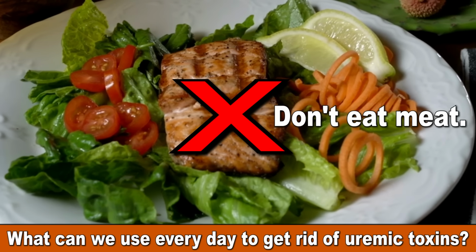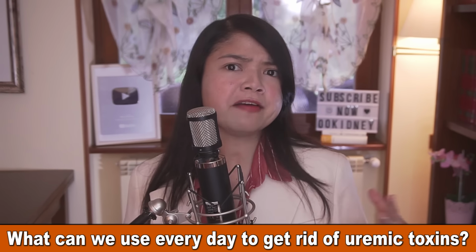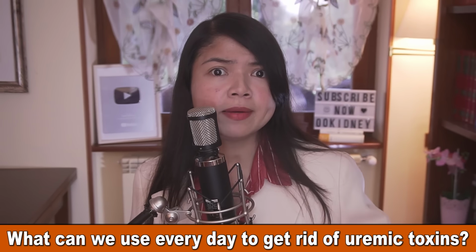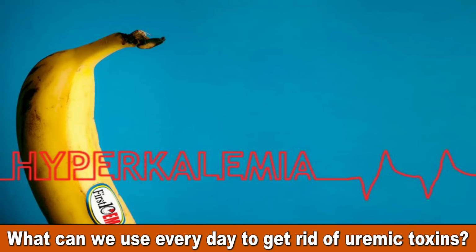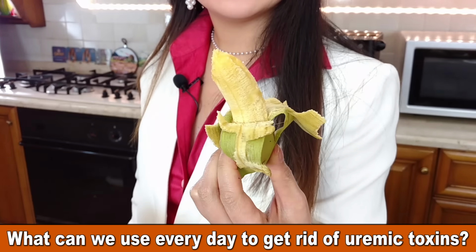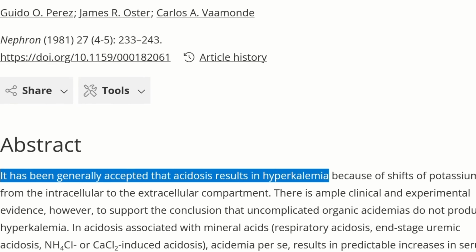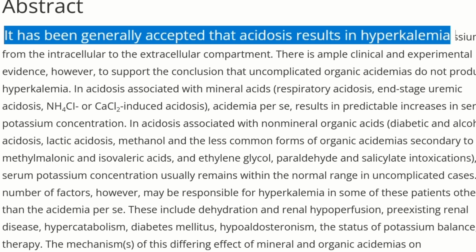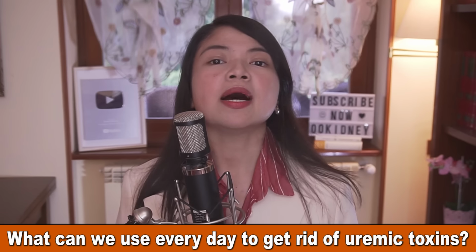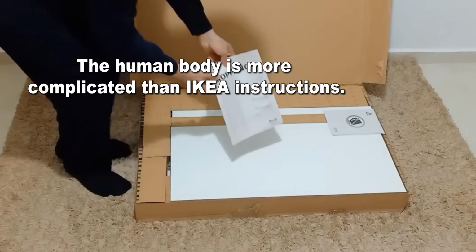Also because having too much acid in blood causes electrolyte imbalances such as having too much potassium in the blood. Hello, hyperkalemia. Wait, what? Oh, you thought eating bananas and potatoes was the potassium bad guy? Nope, eating meat is a way more likely cause of hyperkalemia, as we can clearly read. I mean, who knew? Yeah, the human body is more complicated than IKEA instructions, and we all know how fun